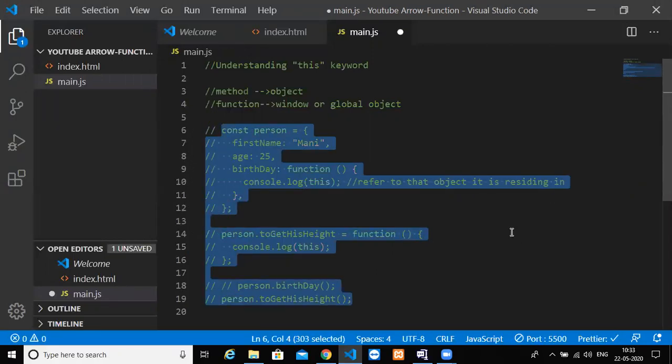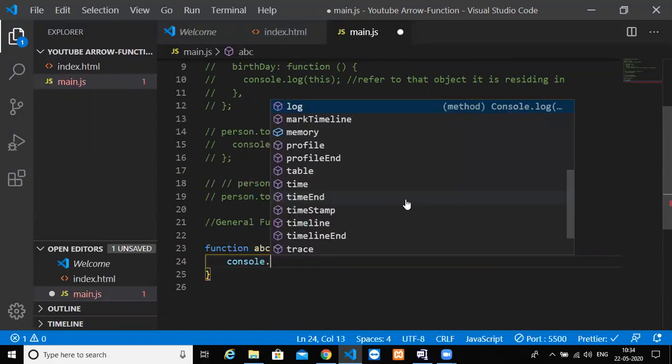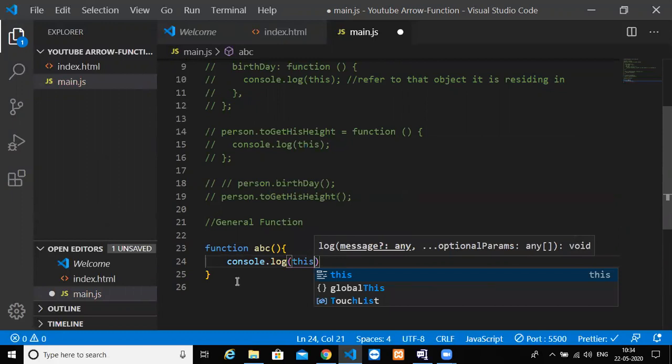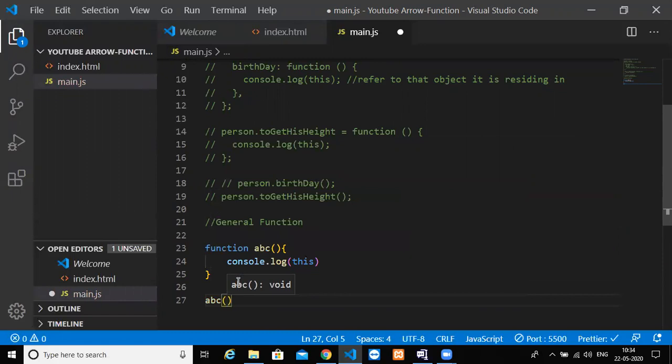Okay, so now we'll see about a normal function. A general function, not inside any object, not inside any class or anything. We just declare a normal function in JavaScript. So function, I can say ABC normally, which I do. This is a function, console.log of this. Now if I call ABC, this is how we call a function in JavaScript.